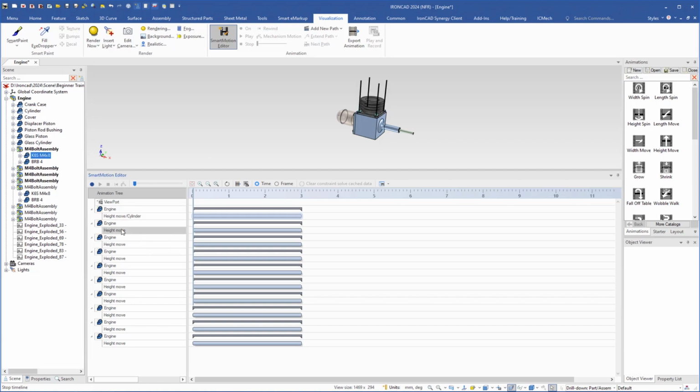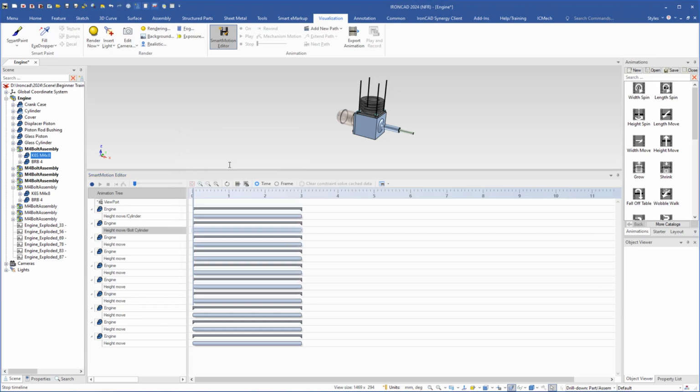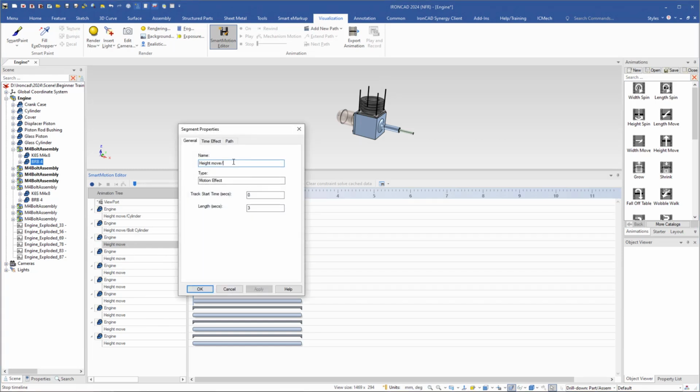So select that one, right click the smart motion here in the timeline, click properties, and here I will type bolt cylinder, and this is the washer. Do the same here, change the name,